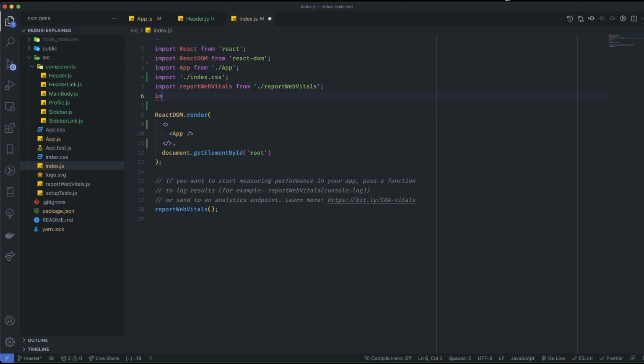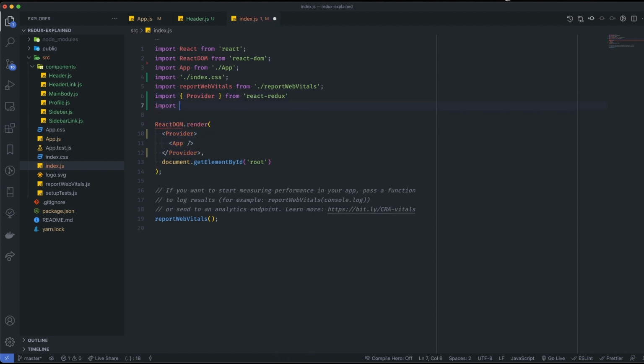Now what we need to do is import a Provider, and that Provider is going to come from React-Redux. This is where we wrap our application in a store. So this is going to provide something to the rest of the application. So I'm going to go ahead and put Provider around our app. Now right now it's not providing anything, so we need to provide it a store. So I'm going to go ahead and grab that, and I'm going to say store,